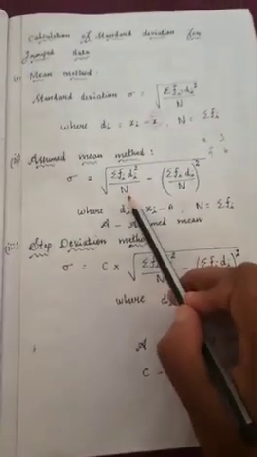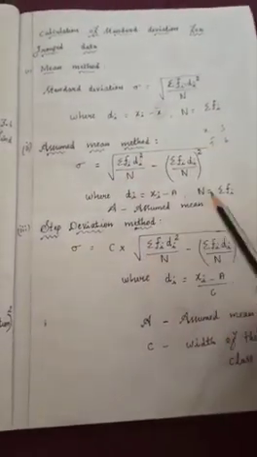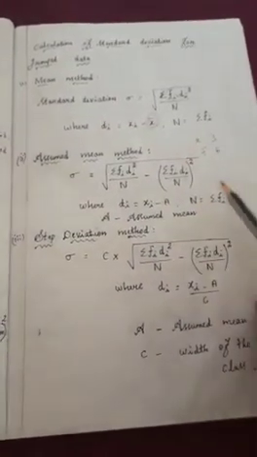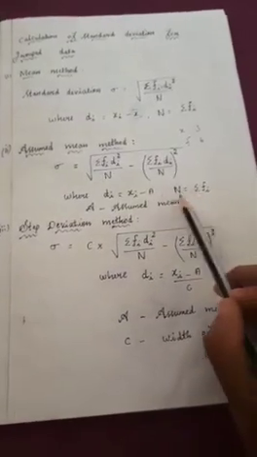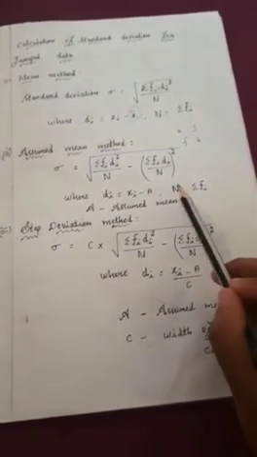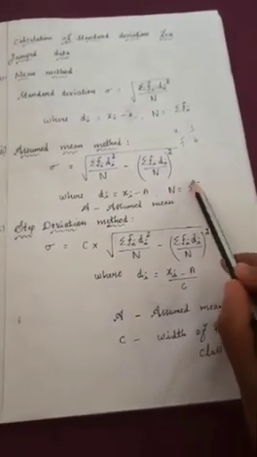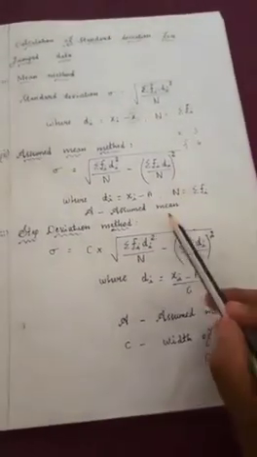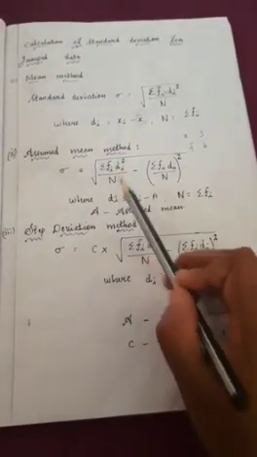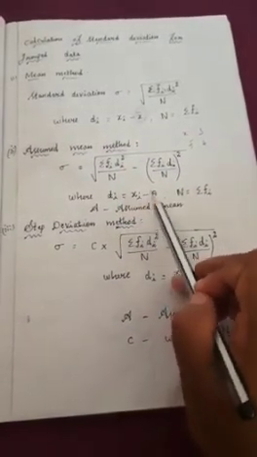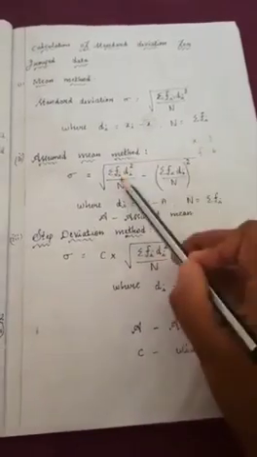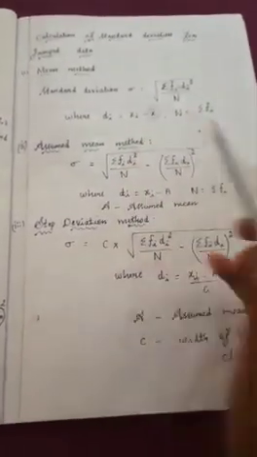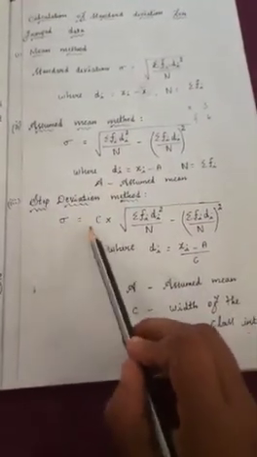And n means nothing but the frequency. Whatever values they have given, add them all up, that is the n value. This is the number of observations, because they give it as a frequency distribution, so you cannot identify the number of observations straight away. So add up all the frequency values, how many times each occurs, that is the n value. So what is fi di here in the assumed mean method? The di value is xi minus a. The same thing you have done, you have to do here also.